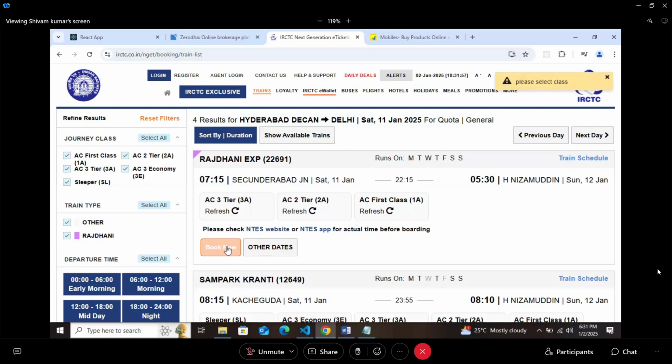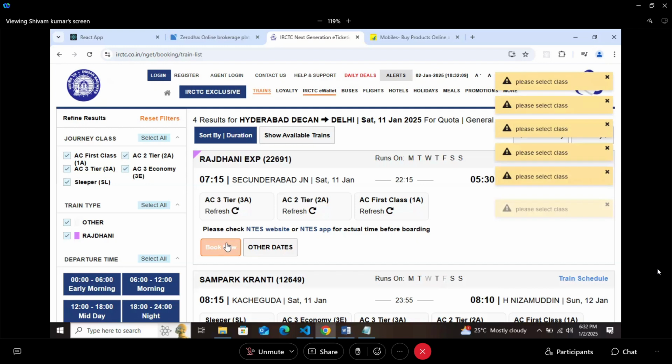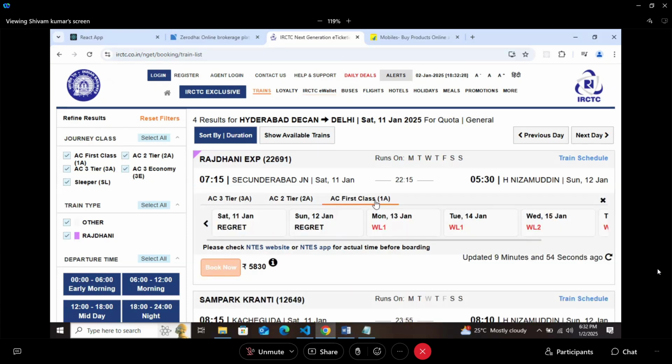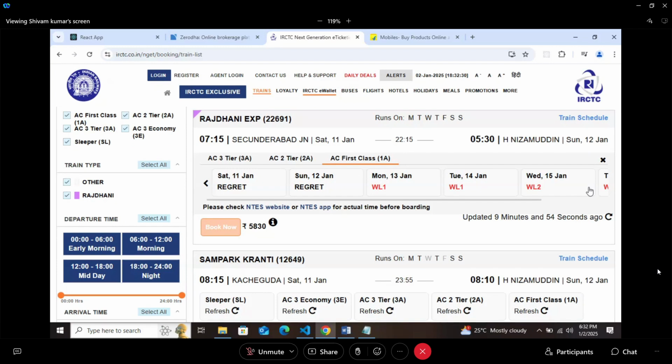Is it saying something? There, very short. You cannot even see it. As a developer, we know that a pop-up is coming, and normal people will say, why is it not clicking? First thing, it is saying to at least select a class. Which class? I am in second class. These are the three classes available here. Select class here. Now again, tickets are not available.